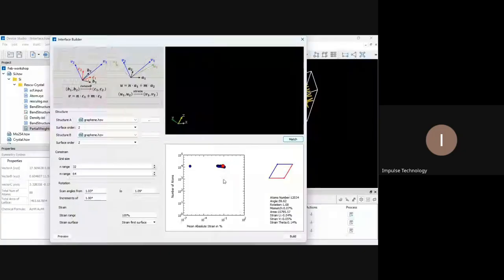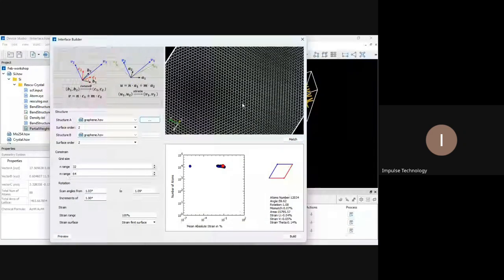You can see the mismatch percentage also here, 0.07. Total number of atoms you can see here. Rotation you can see 1.08, and you can see strain angle also here. Click on preview. You can create this type of pattern also in the Device Studio GUI and find the parameters also. RESCU supports 10K plus atoms. It means you can simulate up to 10K atoms also for a large system, and it also supports parallel processing where you can easily simulate and find the properties related to the different types of patterns and material files also. If I click on build